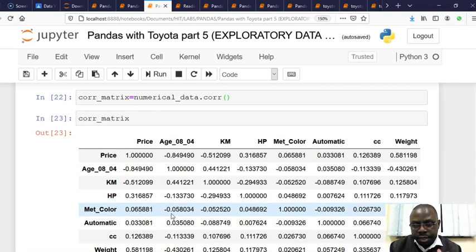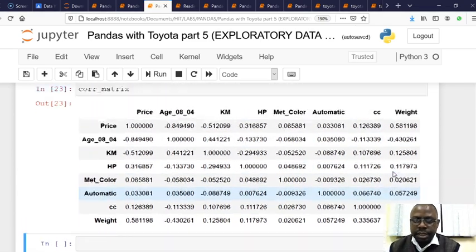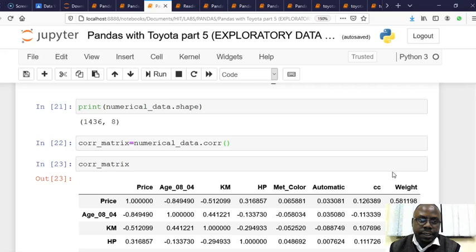And then also the weight, if you look at the weight and the price, the more the weight of the car, the more expensive the car is. It's an average strength of association. And so this is how we work with correlation